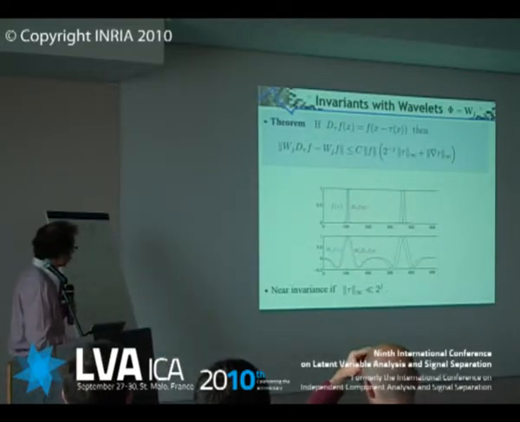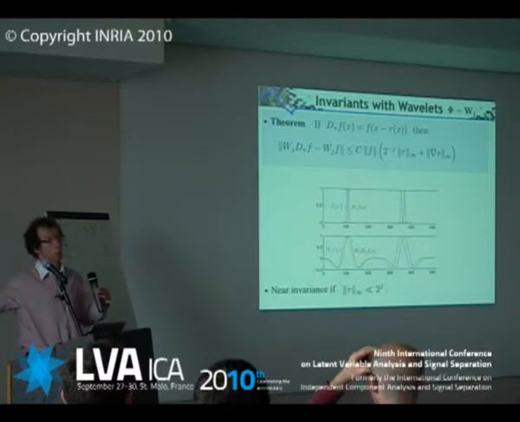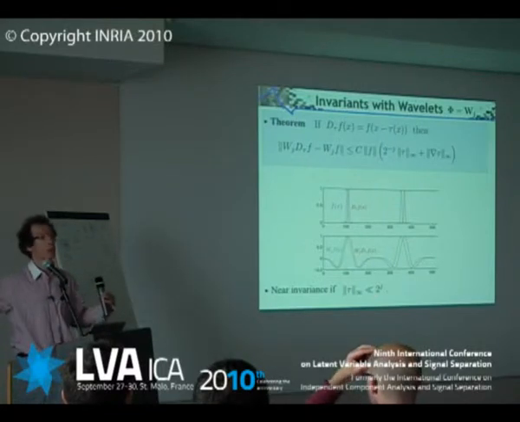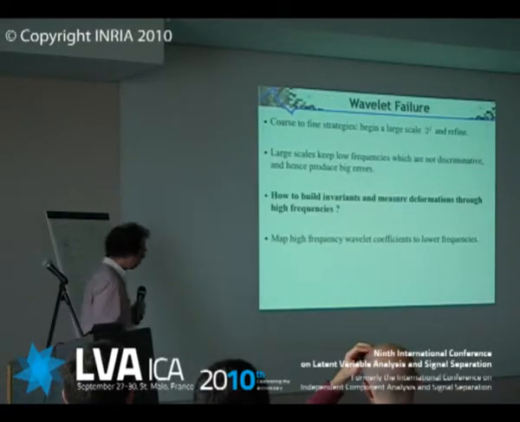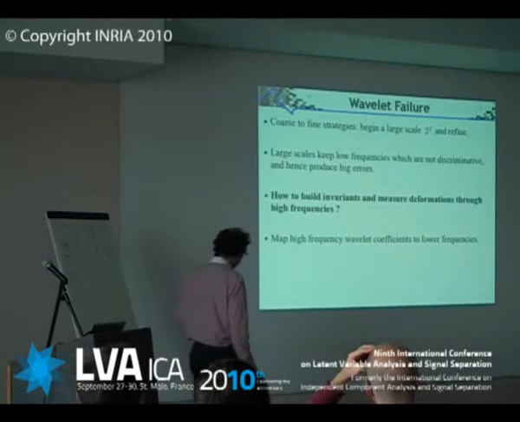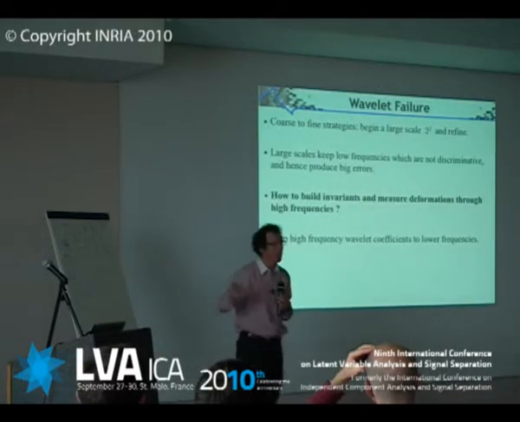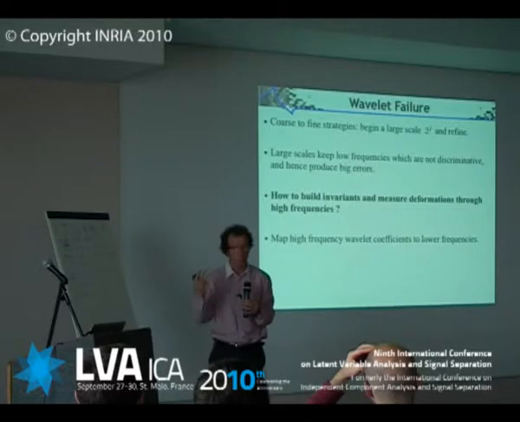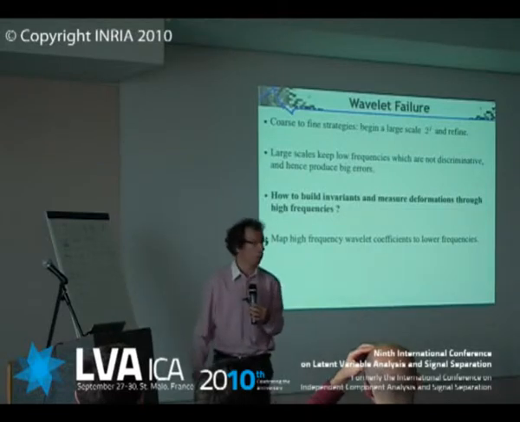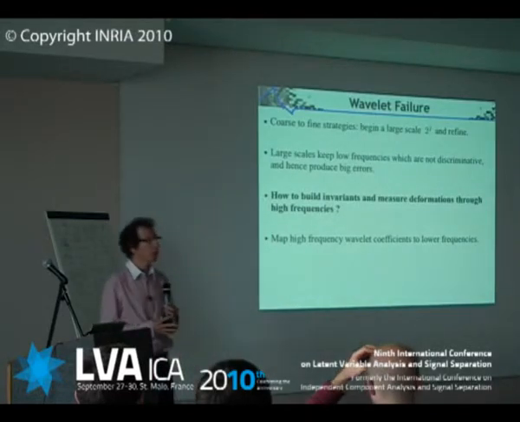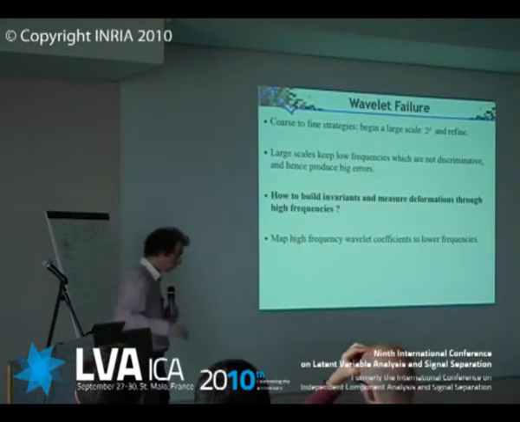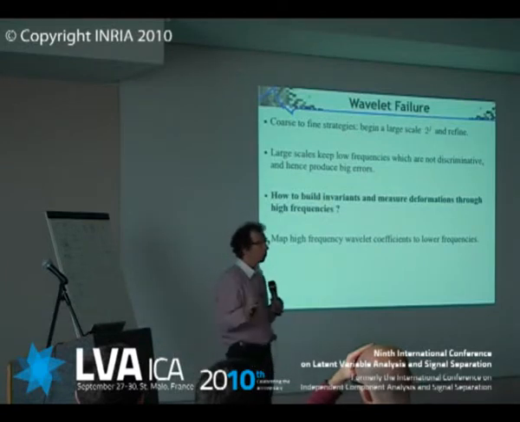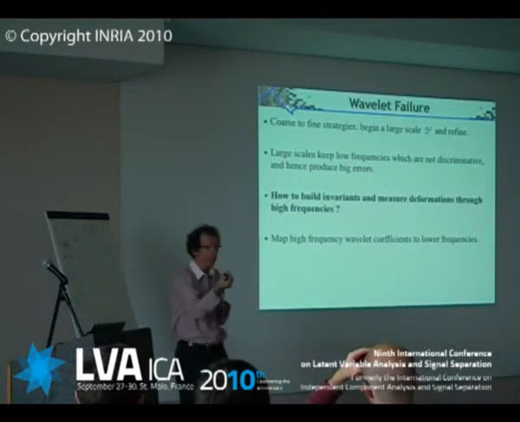That requires that the translation is small relatively to the scale, so it requires using very large scales. And there came this idea of coarse-to-fine algorithms. The idea was the following, and many of us worked around these things, and we hoped that would be a way to attack computer vision problems. Basically, you are going to begin at a very big scale. At the beginning, because they are nearly invariant to translation, you'll have an idea of what's going to happen, and then you'll refine this idea by going to finer scale, finer scale, finer scale.